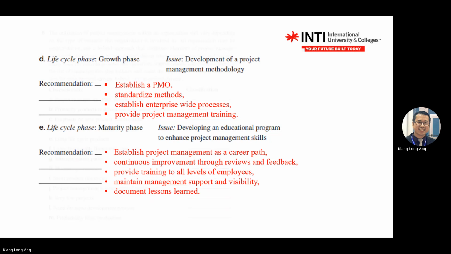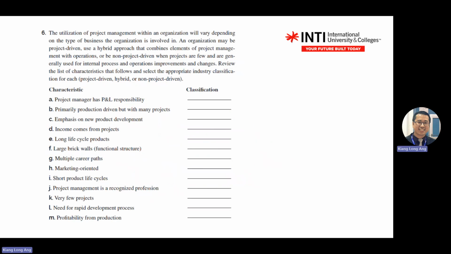Okay. Number 6 asks you to do classification. Last semester, one question came out from this, and it killed one or two of the students. So-called kill lah, means they didn't go and read. I already told the class that this question is going to come out. They went and read, and I already told them I will shuffle the characteristics here. The students went and memorized. So of course the answer is wrong lah. Okay, you must understand which one is which one.